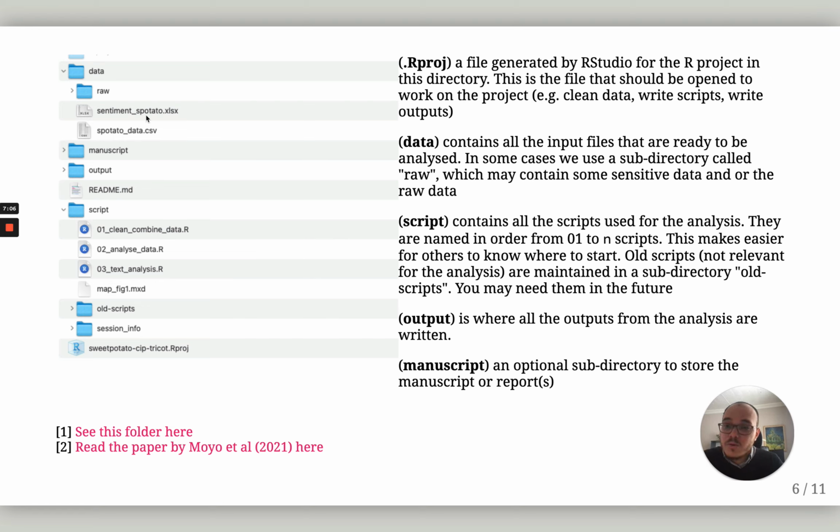One is called sentiment/potato_potato.xlsx, and then we also have another one which is called spotato_data.csv. These two files are the ones that we used for the analysis of this paper. But inside of it, we also have a subfolder. So I also say this here now, that we have a subdirectory called raw, which contains some sensitive data